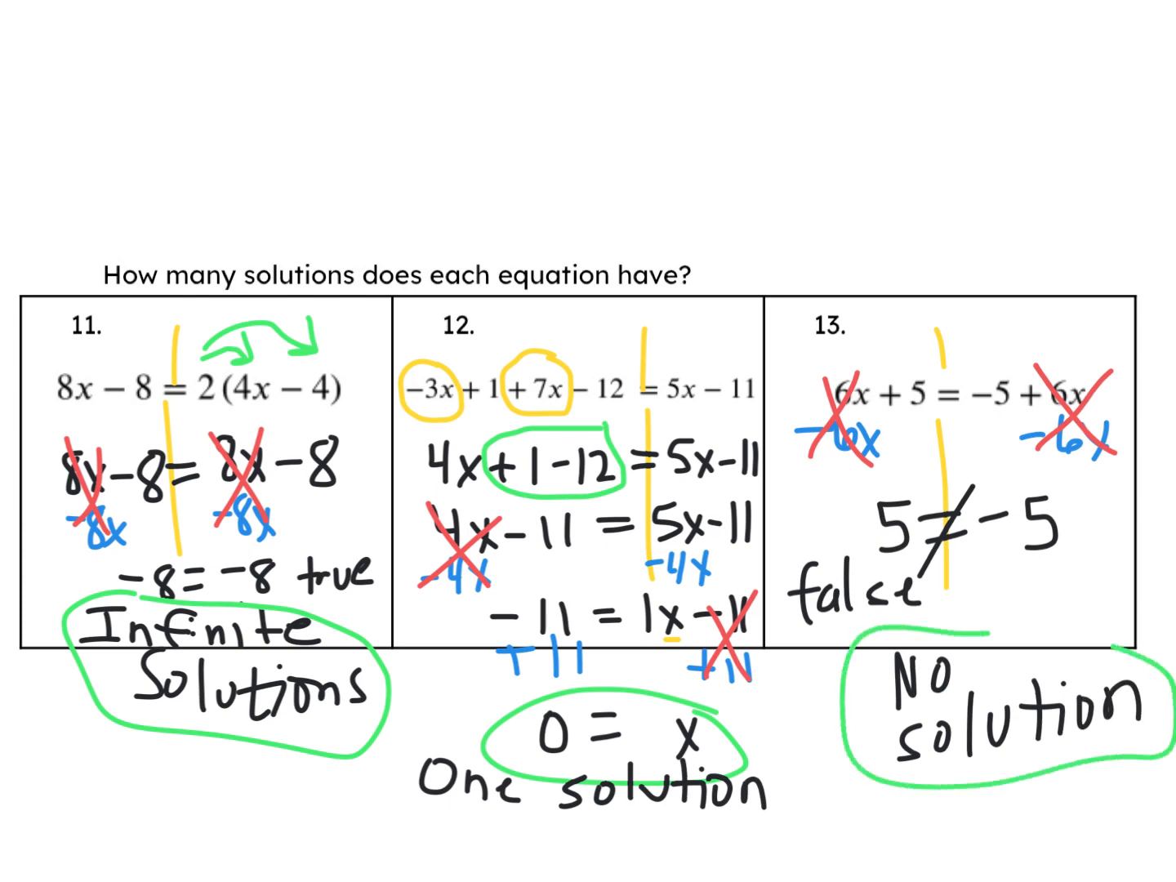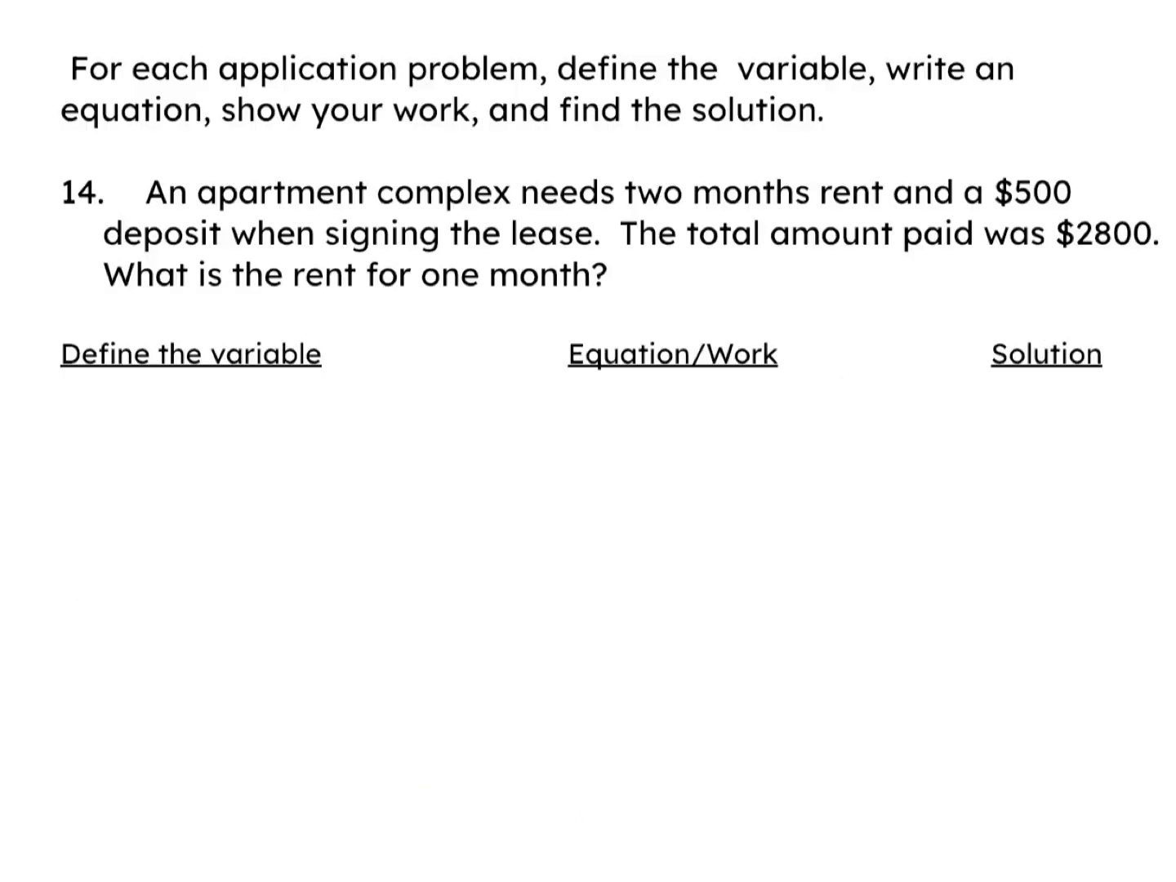Okay. So there we have that set. So it's infinite for the first one, then one solution, and then no solution. Okay, so for the next set, we're going to define the variable, write an equation, and show our work to find a solution. An apartment complex needs 2 months' rent